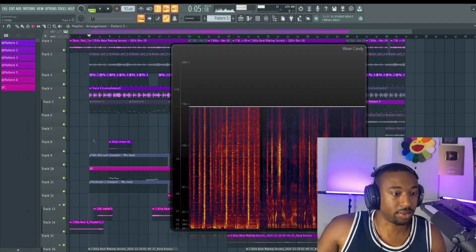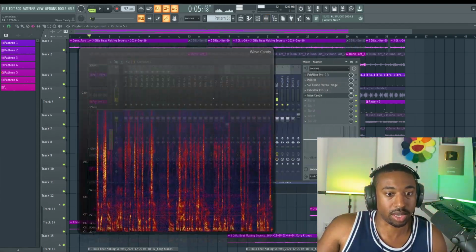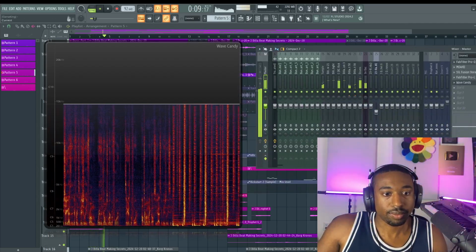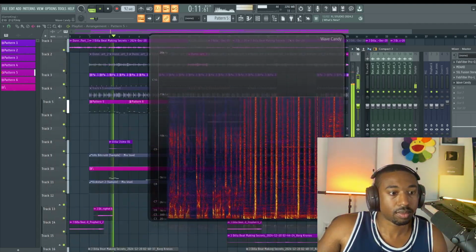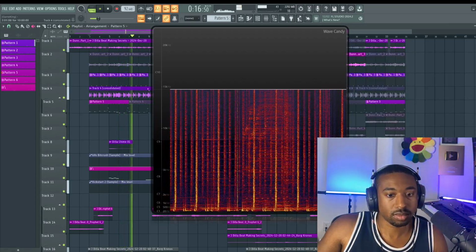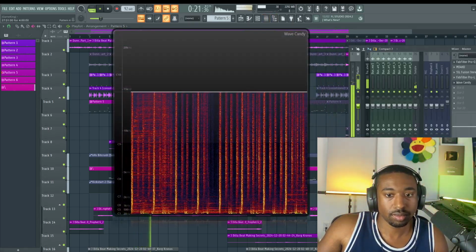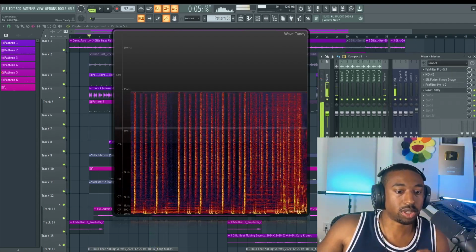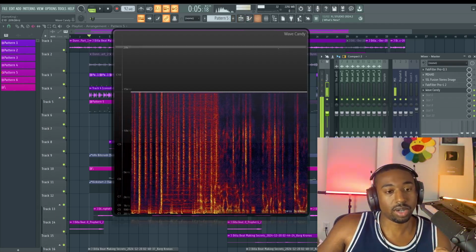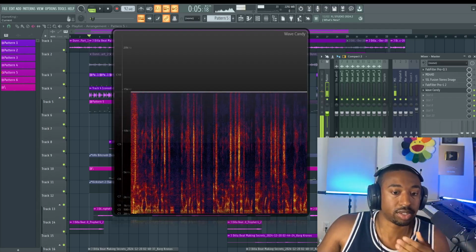So let me show you guys the difference visually from where the drums were before. So here's before. I'll turn my mic off so you guys can visually see. To after is a little more yellow. It's a little more dense and full. We have more frequency content. In short, when we run our sounds to a saturator, we're adding frequencies to the sound. We're adding harmonics to a sound.